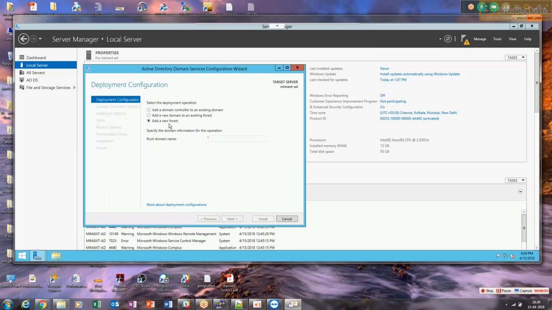And the forest means the tree hierarchy, right? So cluster.com would be on the top, and under it you would have multiple organizational units, and in each organizational unit you will have multiple users, groups, printers, services, network, whatever. You can keep those organizational units completely apart in different geographies and have them all route to cluster.com, which is the Active Directory domain controller we are promoting. So this machine would be capable enough to manage